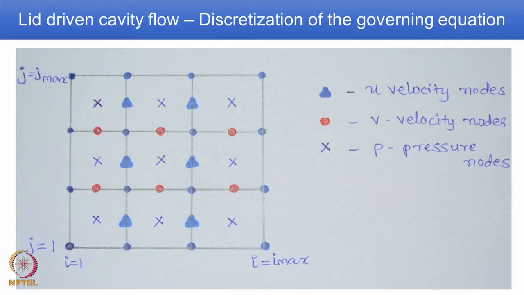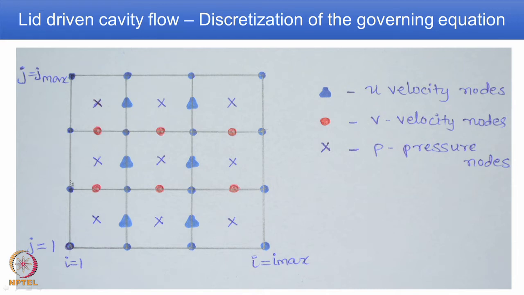Now, for the problem that we have considered, we are following the finite difference procedure. Hence, for that finite difference procedure, the staggered grid arrangement is shown here. We have I, that is grid lines in the x direction, running from 1 to I equal to I max. We define 4 grid lines in the x direction, so 1, 2, 3, 4 vertical lines. Similarly, 4 horizontal lines for grid in the y direction. So, we have 1, 2, 3, 4, running from j equal to 1 to j equal to